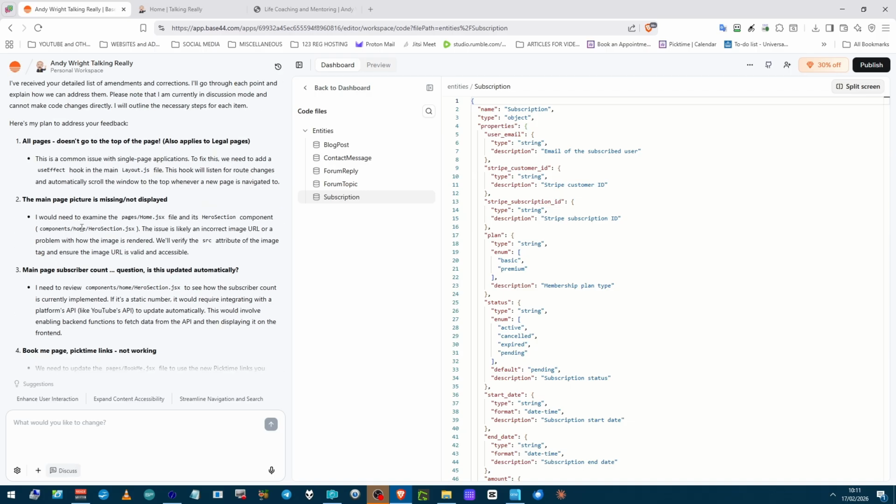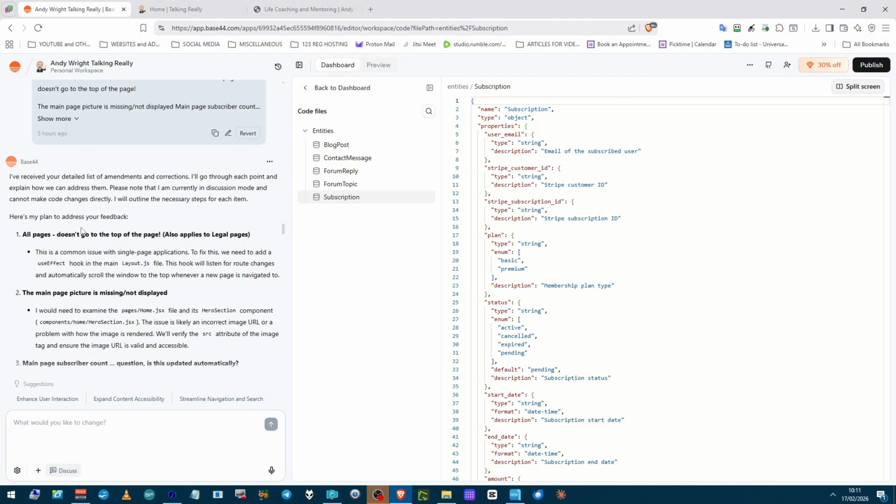I came in this morning after paying last night. I pointed my DNS website name to here. I'll show you that if I can find it.